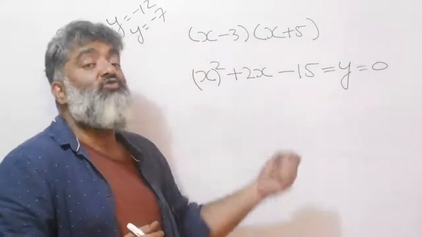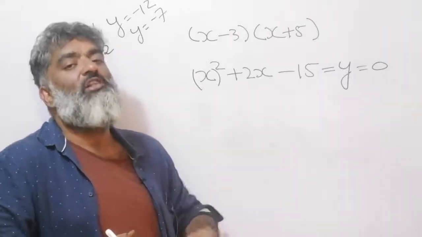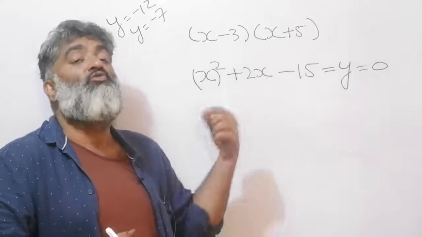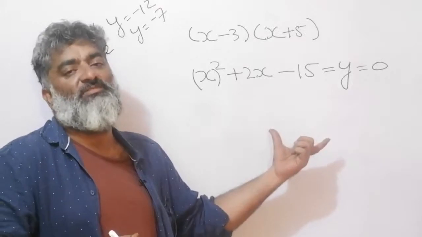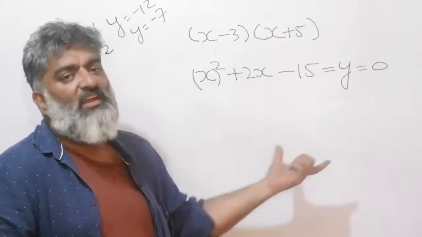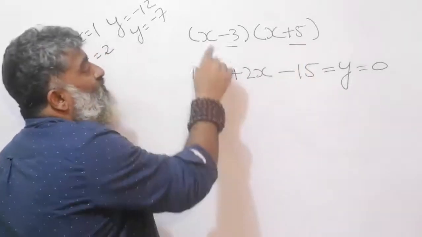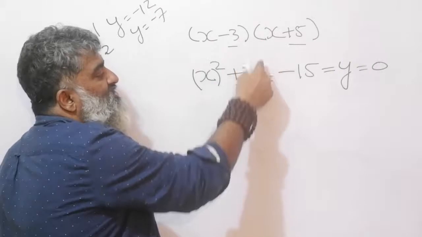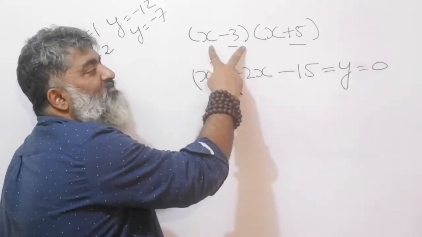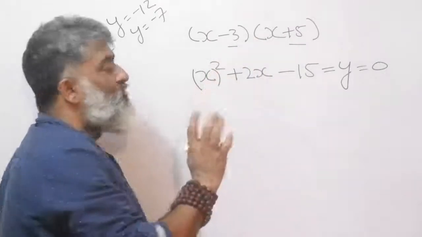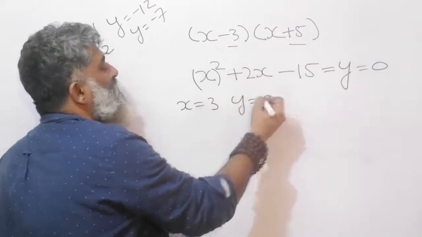And for those values of x for which this expression becomes equal to 0, we call them roots of the polynomial, roots of the equation, or the modern day term is also the 0 point of the expression or the equation as such. And we'll see it very quickly, and for later purposes the hint is here as well. If I put x is equal to 3, because this expression and this expression are identical, right? If I put 3, 3 minus 3 becomes 0, and 0 into whatever will give you a 0. So I know if I put x is equal to 3, y is equal to 0.